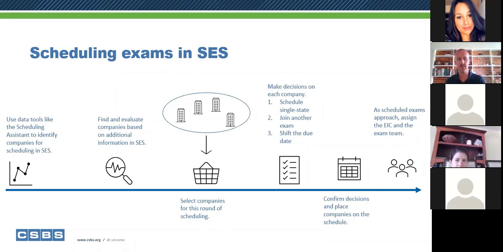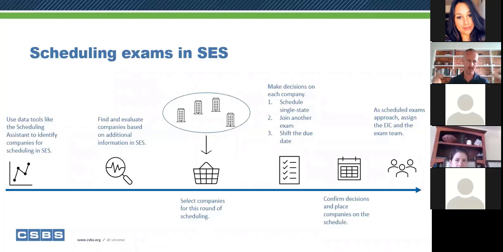The next bit of information is any exams that are in process. So the first one was any scheduled exams or any pending exams. And the next layer of information is any exams that are in process, underway right now. You can see maybe California has an exam of this company underway right now. That would be useful information to you.